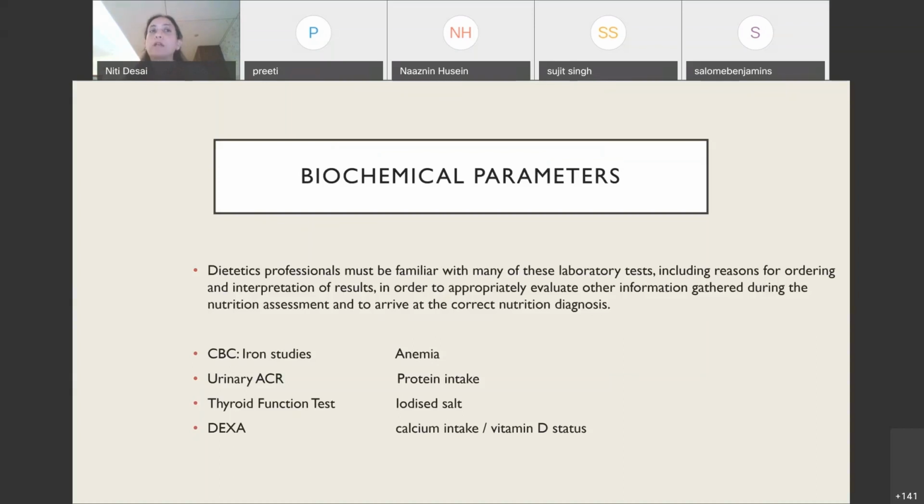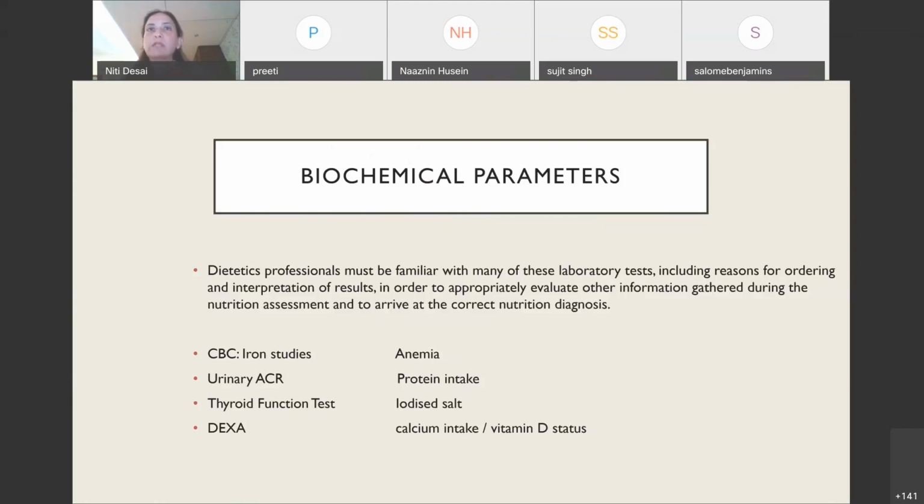What we should be looking at or asking for is a urinary ACR, which is a very simple test, and then be able to stage the CKD for us to be able to decide whether there's any protein restriction required at all. Similarly, the most commonly done tests, such as thyroid function test, if there is hypothyroidism, then again,